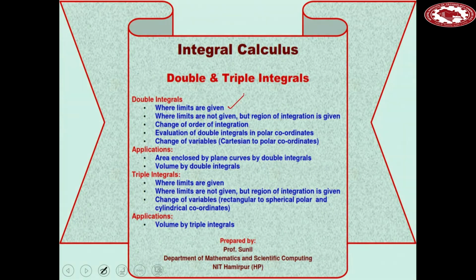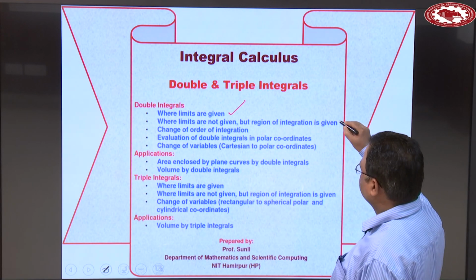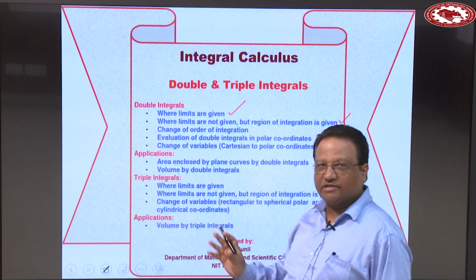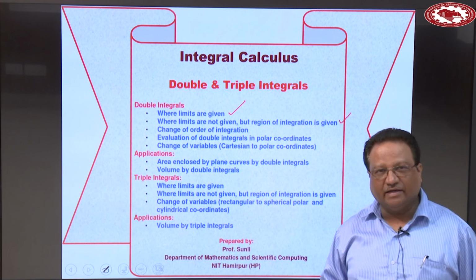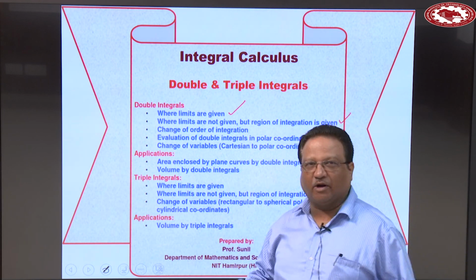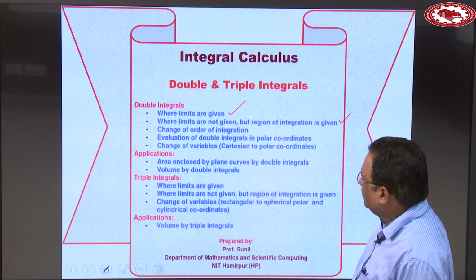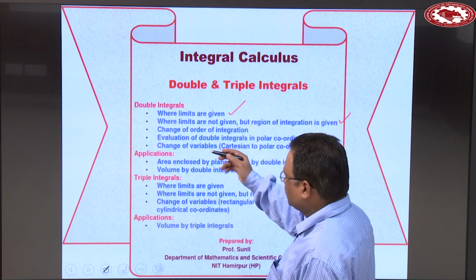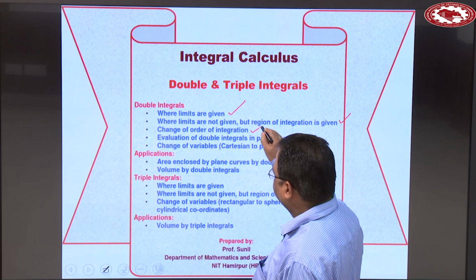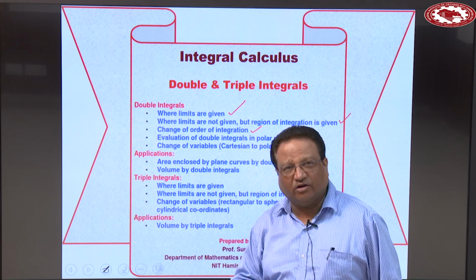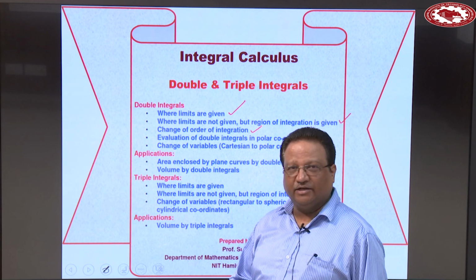Second topic, where limits are not given, but region of integration is given. We have already covered this topic. And you know, in all these types of problems, a rough sketch of the region of integration is required. Then we discussed the third type of problems, change of order of integration. When you change the order of integration, you need a rough sketch of the problem so that new limits can